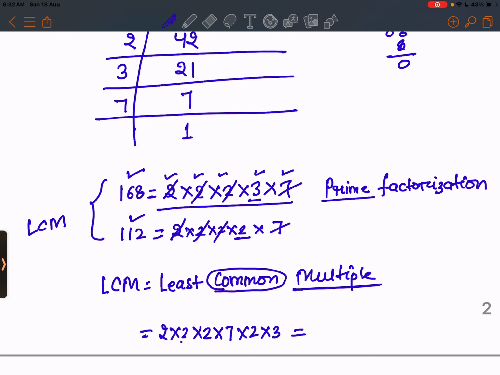2 twos are 4, 2 fours are 8, 2 eights are 16, into 7, 3 sevens are 21. Now further solve it. 16 ones are 16, 16 twos are 32, 300 and 36. So this number would be the LCM of 168 and 112. So by the prime factorization method, this would be the method so that LCM can be found. Okay,